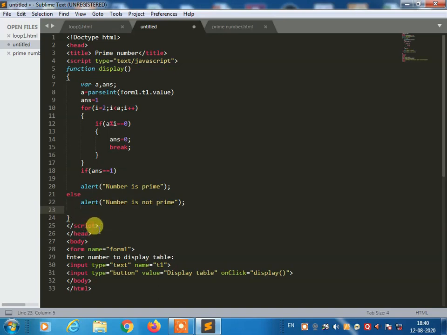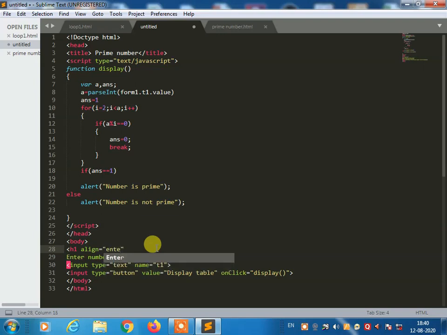Then you can close the script tag, then complete the head tag, then come to the body tag. Here we can use the h1 tag to write the title for the web page. h1 align equal double inverted quote center.